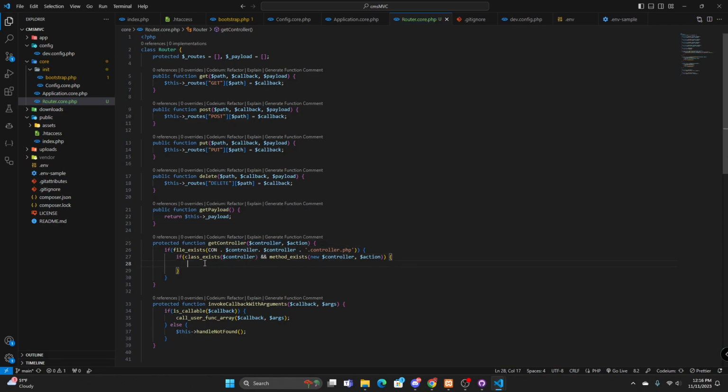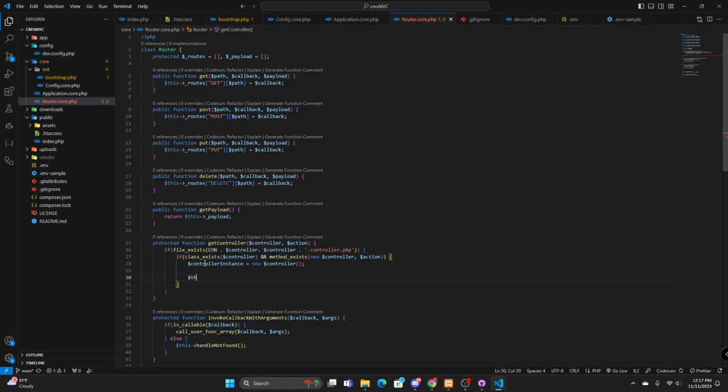Okay. So if both of those exist, we're going to say that $controller instance is equal to new $controller. And then we're going to say $this invoke callback. Or actually,